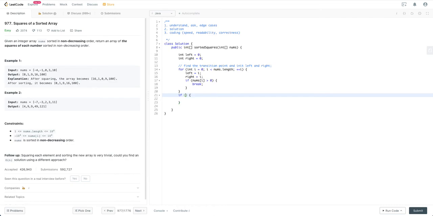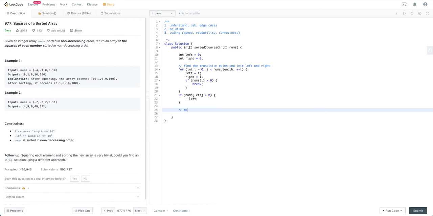So if nums right or nums left is larger than 0, then what we are going to do is we are going to minus left. So for this example, we have left pointing to 0 and right pointing to 3. And for this example, left pointing to -3 and the right pointing to 2. So at this point, we have already found the transition point, and the next step